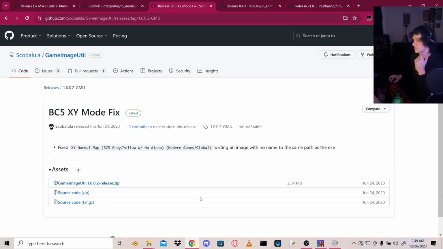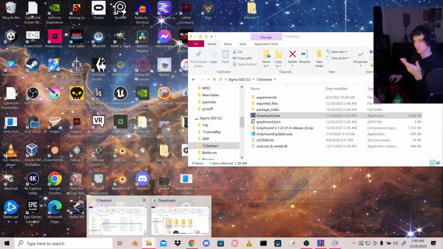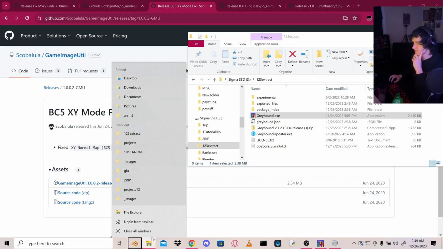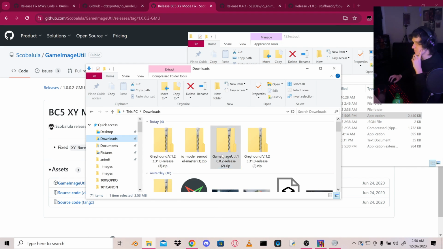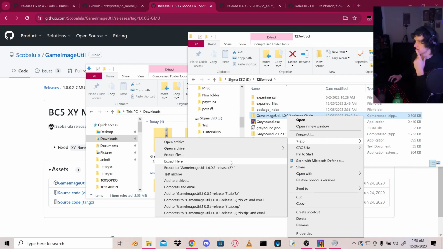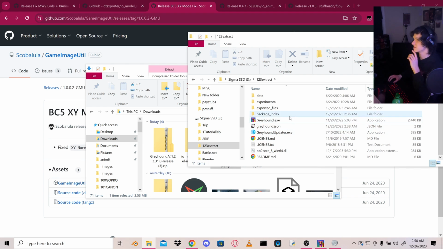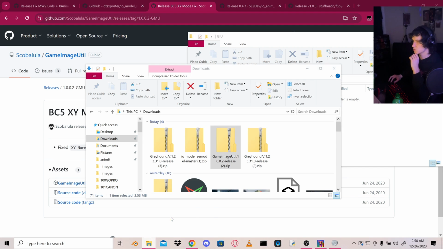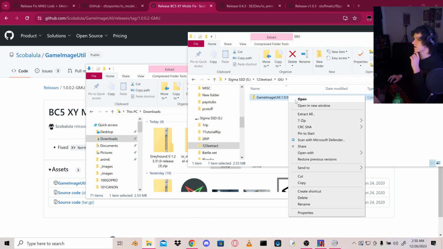And what I like to do is, after downloading it, which I already have because I recorded this tutorial already, we're just going to go to our downloads, game image util, and I like to just drag it into where I have Greyhound and unpack it with 7-zip. And now, I'm just going to delete that real quick. I would actually rather have it in its own separate folder. So what I'm going to do is create a new folder and then call it GIU, game image util. And then I'll go into there, and then drag and drop game image util zip, and then unpack it,